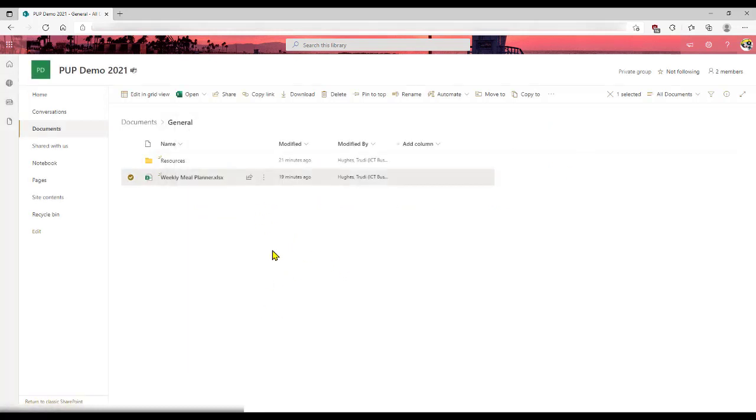The other thing I'll point out in SharePoint is that we have access to the recycle bin. So anything that you delete from Teams will come into this recycle bin and it will remain available for 90 days. Further to that, the service desk can get a document back for 30 more days, but beyond that, the document will be gone. If I was to delete this weekly meal planner now,